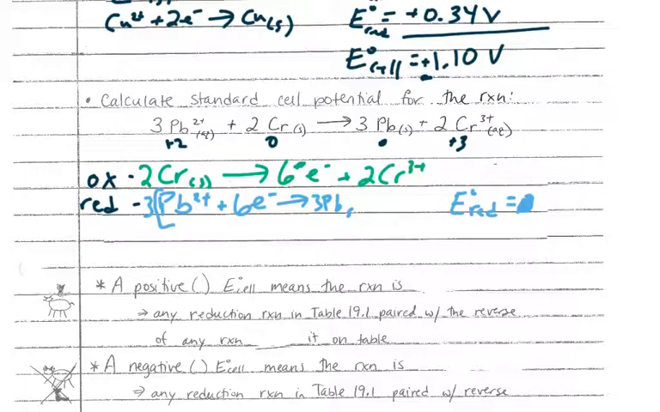So if we look it up on the table, lead 2+, make sure that you're looking at the right charge. Sometimes ions can have multiple charges, like we'll see with chromium in a second. The lead 2+, a little more than halfway down the table, has a reduction energy of negative 0.13